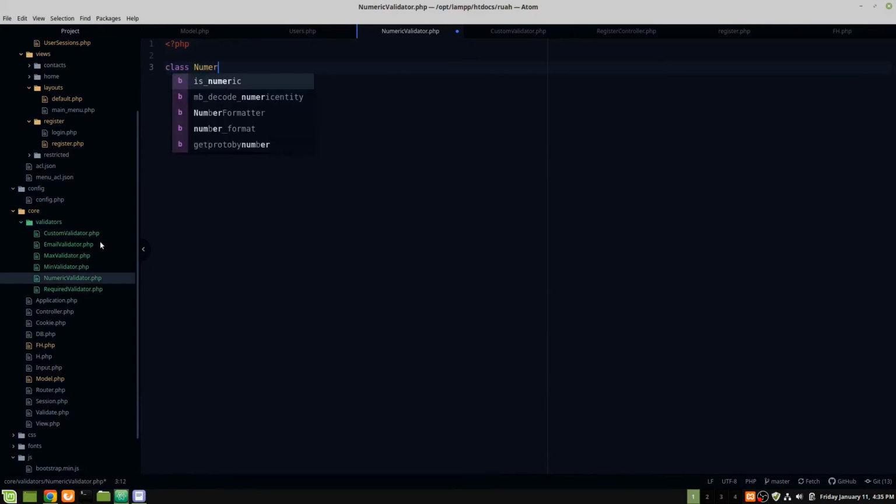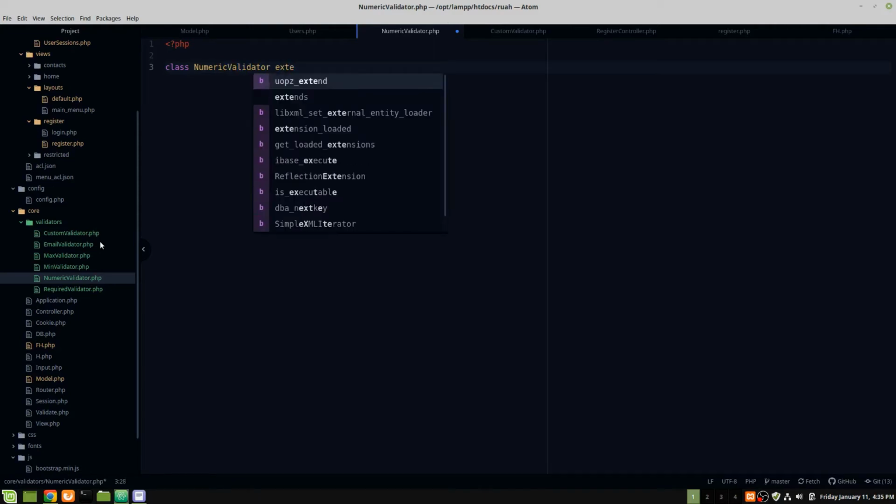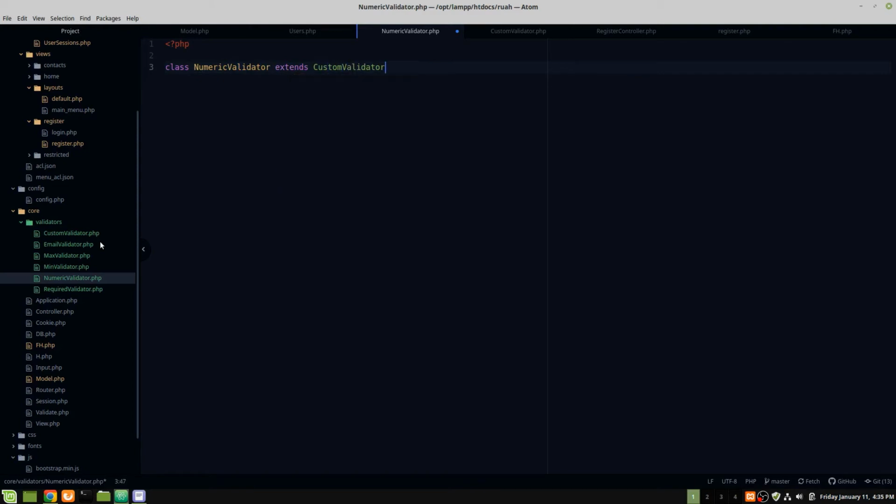So Numeric Validator extends custom validator, and then we have our public function run validation, and this is just going to get our value. We're actually going to do the same thing here. We want this to, if it's not empty, so we're going to say value is going to equal this